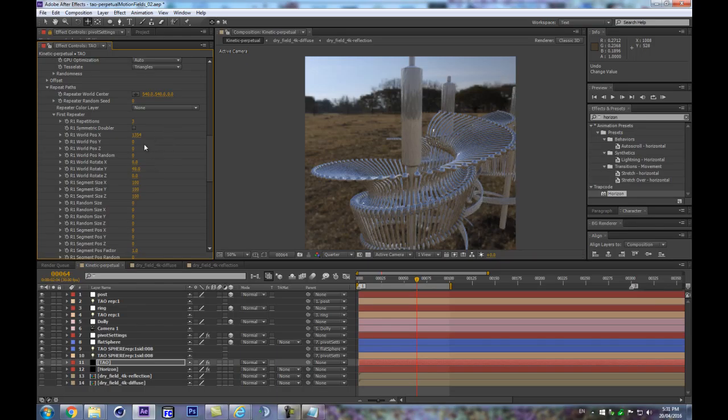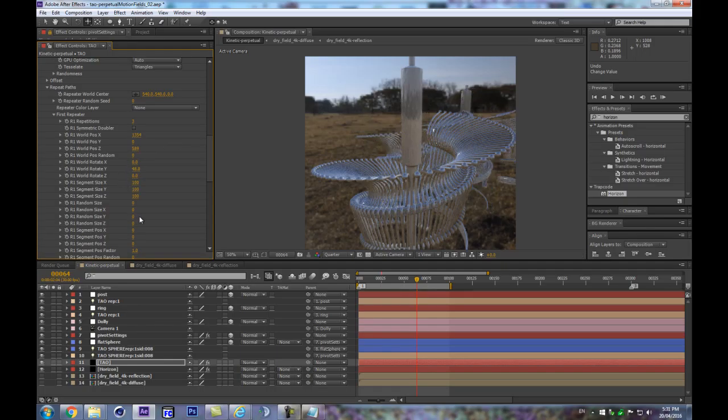So we're going to go spiraling, and then we can also offset them on Z a little bit to bring them back there. And also we can increase the random position. It's also going to help, but it's going to make them